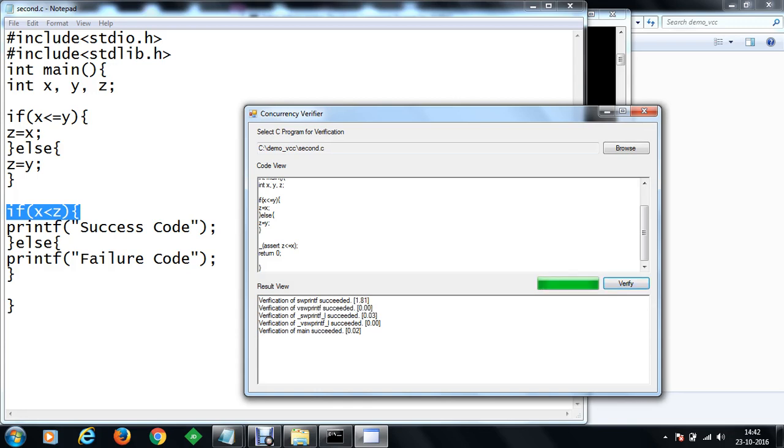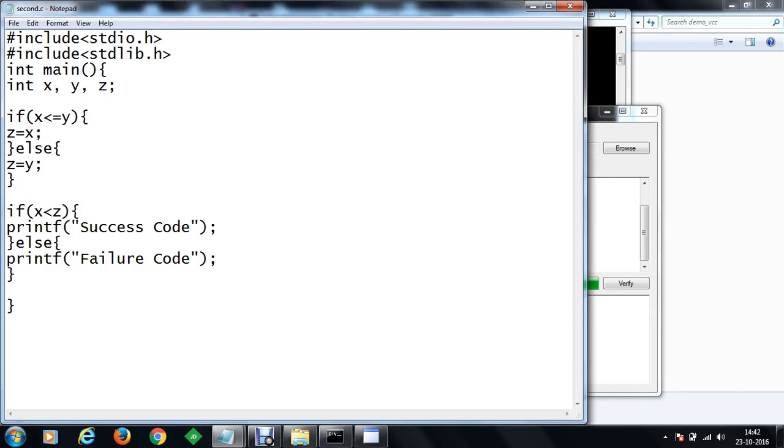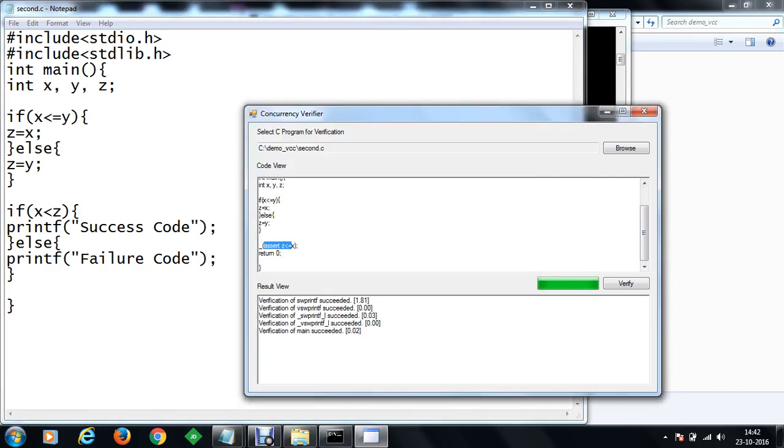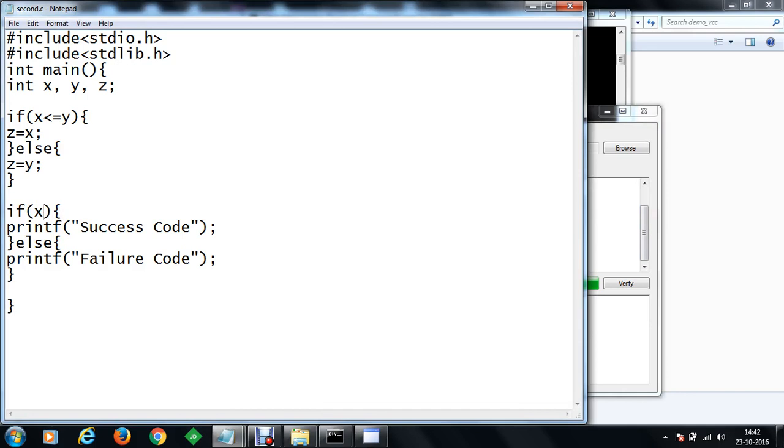Now this is the correct condition, because verification of main has succeeded, and we are sure that whatever values are provided to x, y, z, after the values are processed with this logical code, at this place z will always be smaller or equal to x, and that could be the condition which can hold long. So now we can simply verify. We have verified the program, and we'll be updating the condition to z is smaller or equal to x.